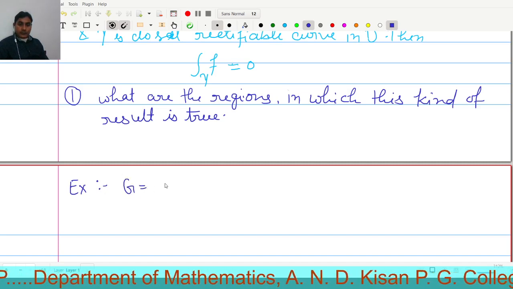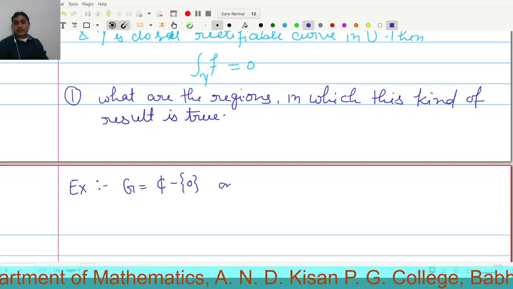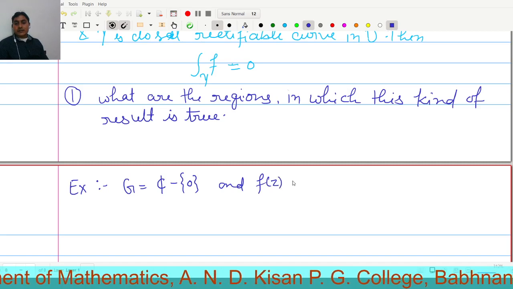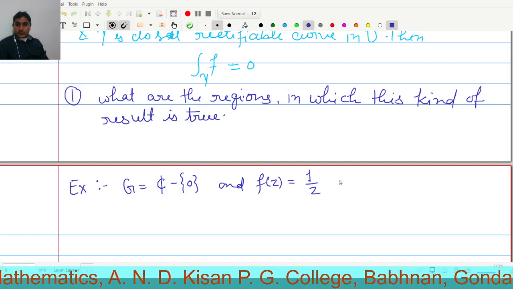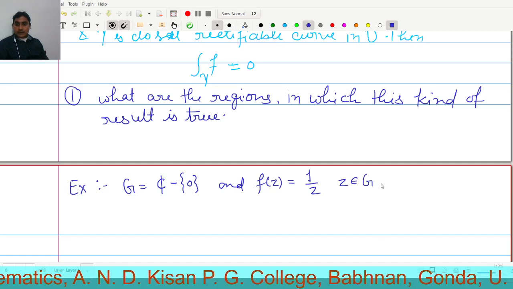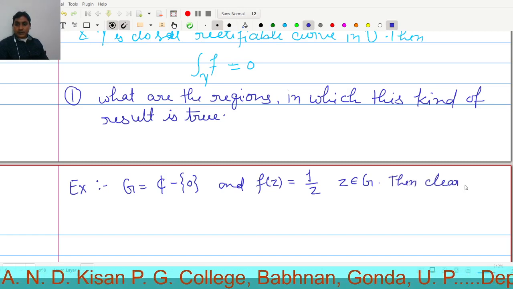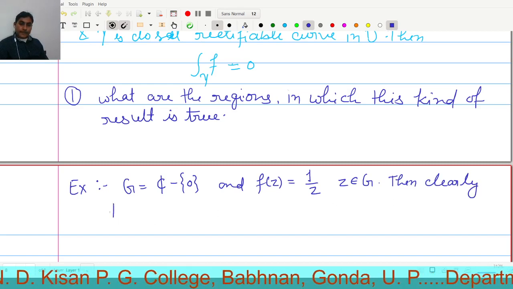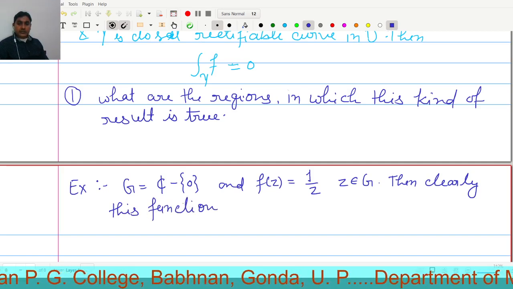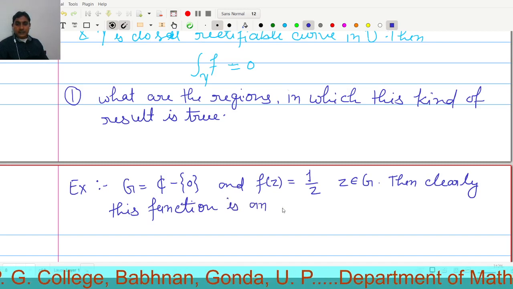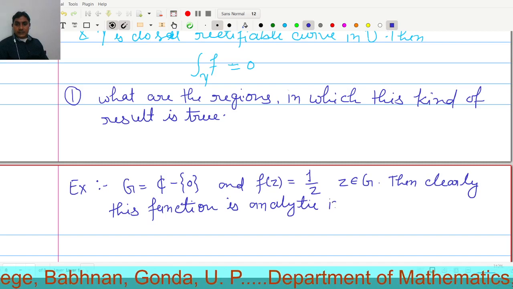Suppose Z is equal to C minus the singleton 0 and f of z is equal to 1 over z for all z in Z. Then clearly this function is analytic in Z,